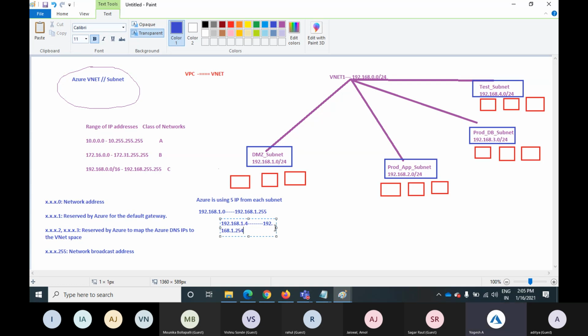1.254 is the last IP address. So what about the usable IPs? You will get only 251 IPs, if we create a subnet